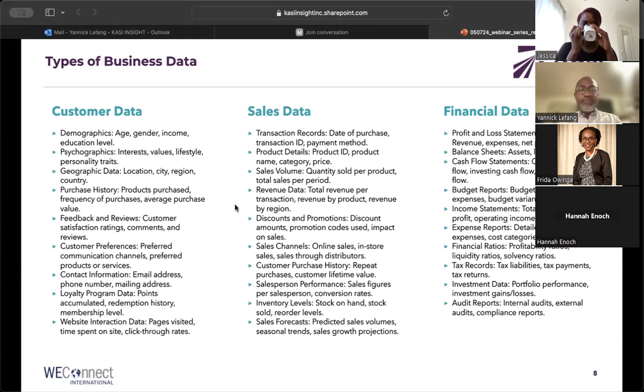But for us here, it's really the power of data to drive growth that is really important, to have the data to drive business decisions and to drive growth. Like I said, our brain is